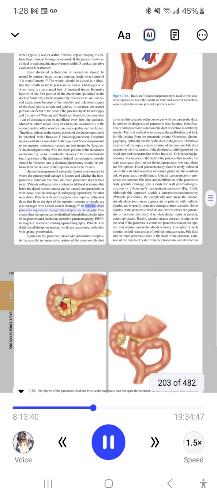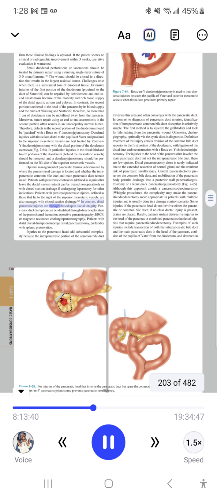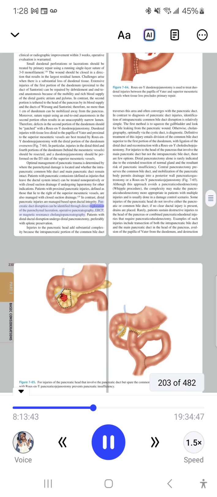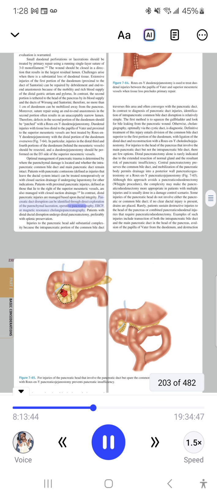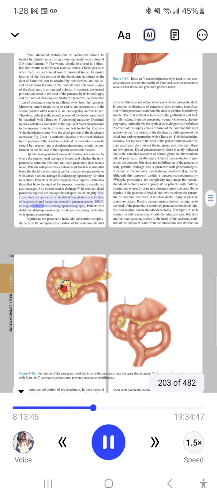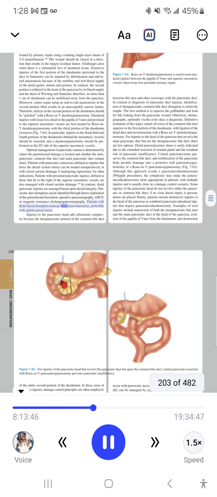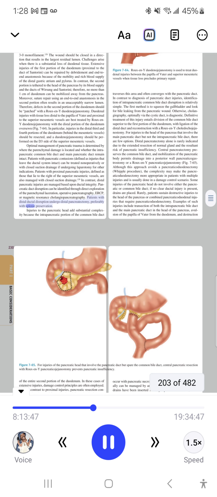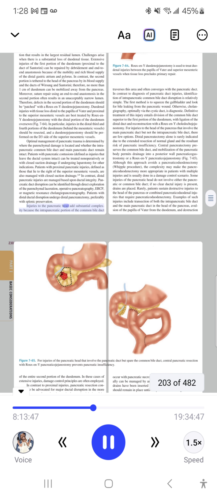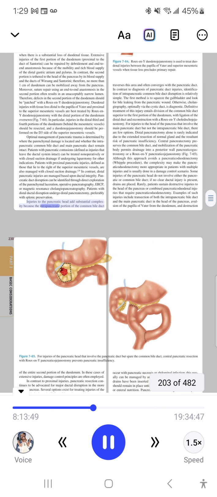In contrast, distal pancreatic injuries are managed based upon ductal integrity. Pancreatic duct disruption can be identified through direct exploration of the parenchymal laceration, operative pancreatography, or magnetic resonance cholangiopancreatography. Patients with distal ductal disruption undergo distal pancreatectomy, preferably with splenic preservation. Injuries to the pancreatic head add substantial complexity because the intrapancreatic portion of the common bile